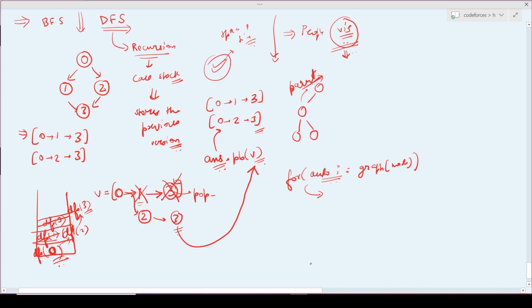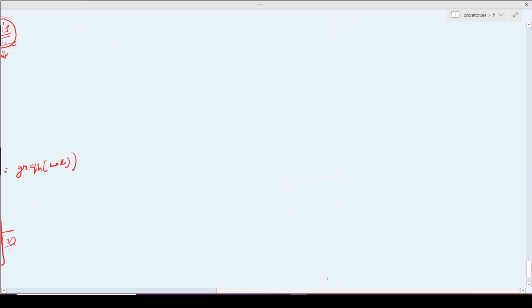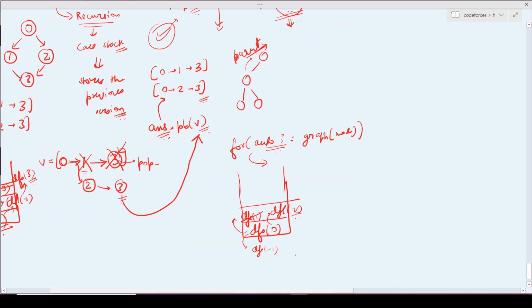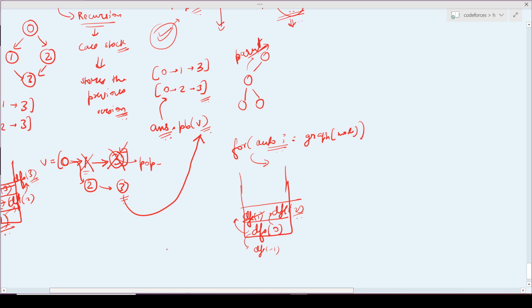Which means if I have DFS of 0 in my call stack, and DFS of 1, and DFS of 2, then when I reverse back from 1, DFS of 1 will not be called again, but it will have DFS called to 2. But if it had another node, DFS of -1, although it's a directed graph,